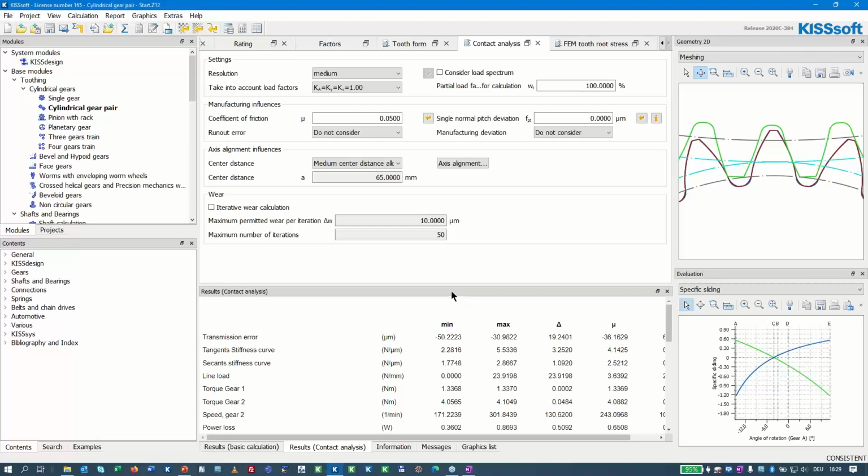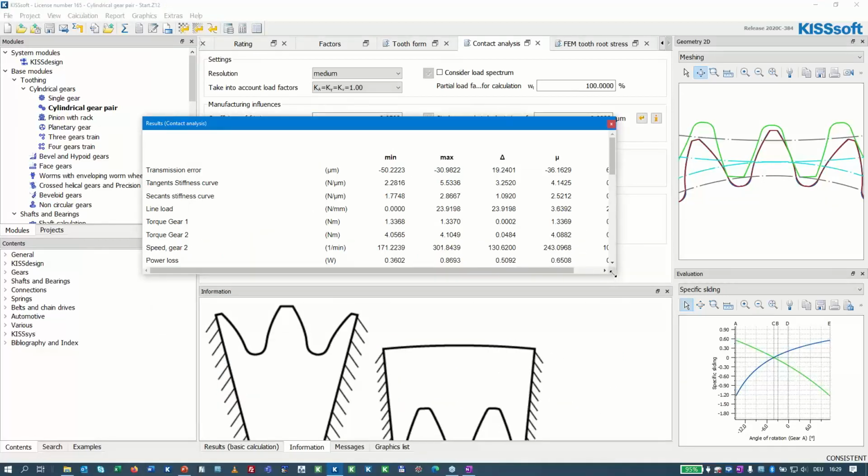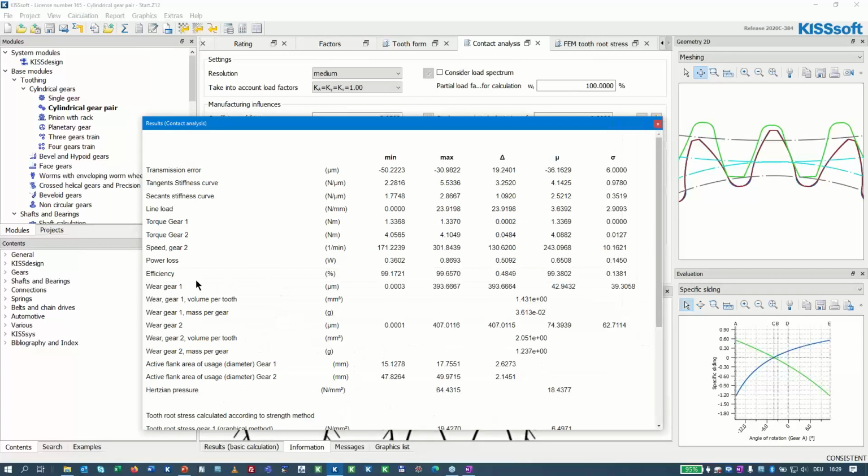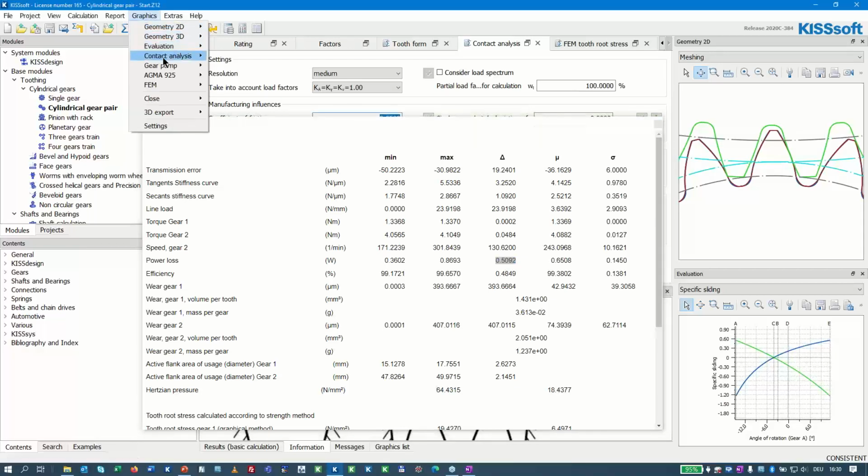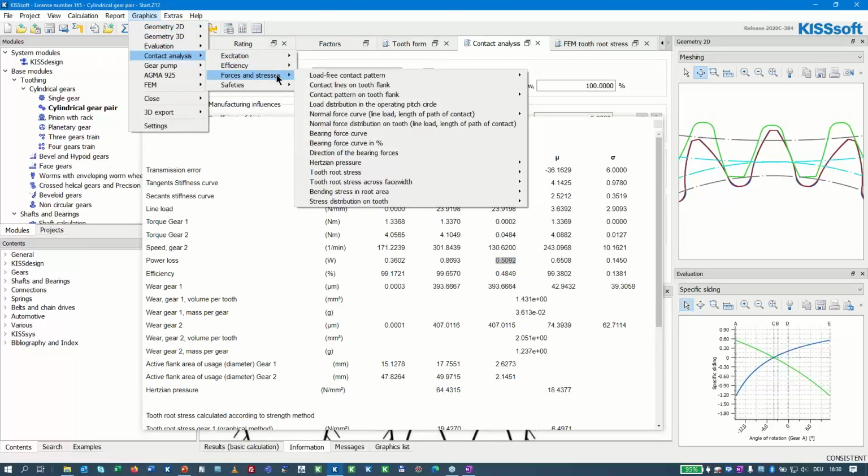From the contact pressure between the flanks, the traveling speed, and an approximate friction value, you will find in the result the heat generated per revolution. Where is it? Here. And if you go to graphics, contact analysis,